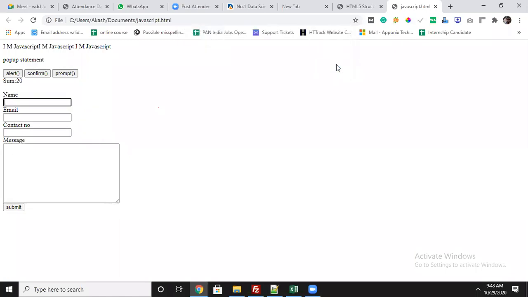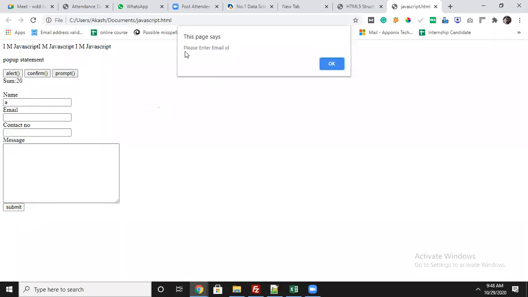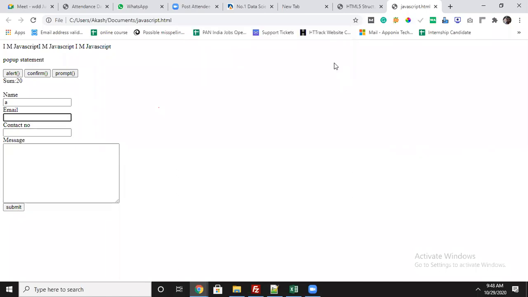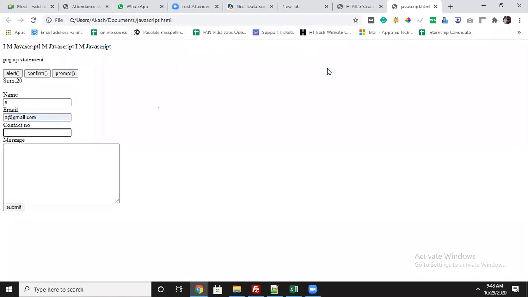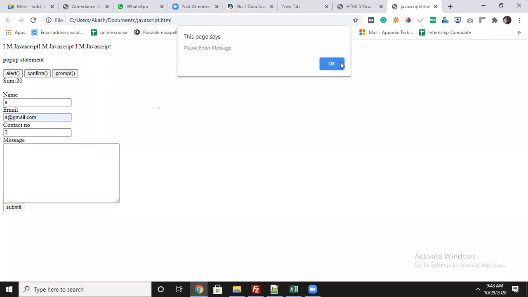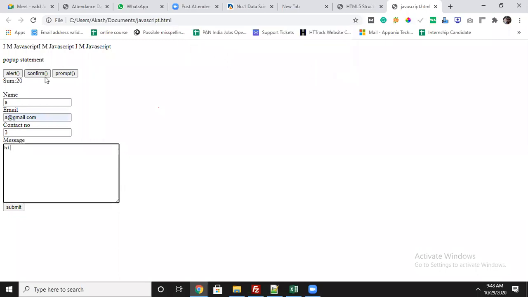Yes, it's coming. Okay, here I am writing input. I'm clicking on submit now. Second one, you see email ID has also become mandatory. When I enter it, it will take it as the email ID. When I click on submit, the contact number also comes as mandatory. When I click on submit, it says please enter the message. You see, message is also accepted. When I click on submit, if all fields are pending, then only the name is printing here. I have passed only one, that's why it is printing. And how to pass the remaining three inputs, I am going to show you right now.